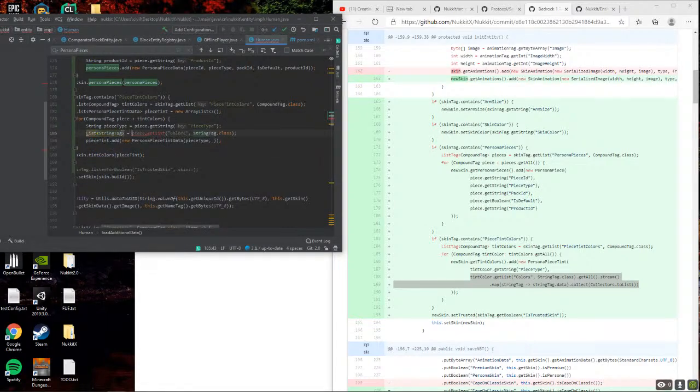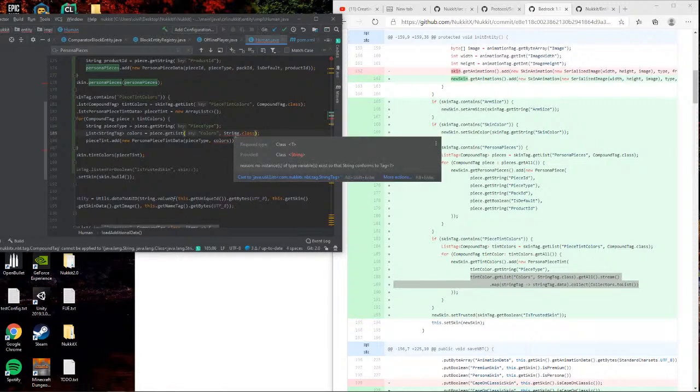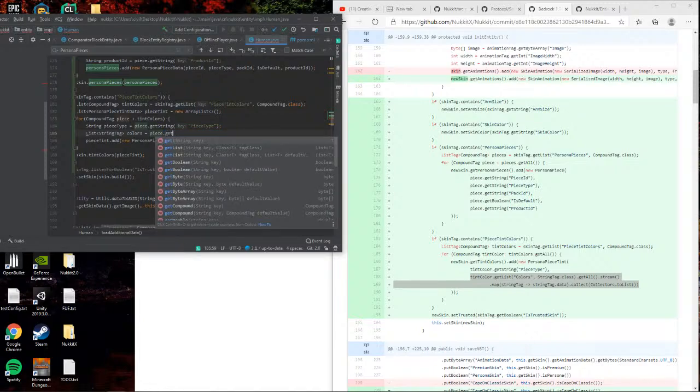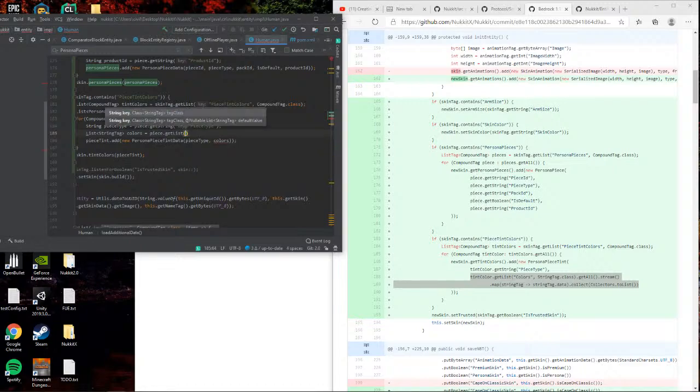String tag. So that's what that does. Okay, so I just need to convert this to a string array.